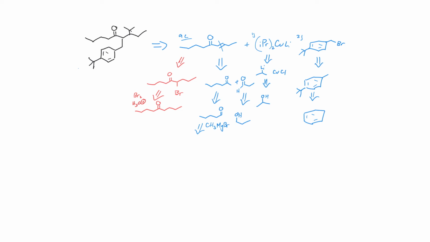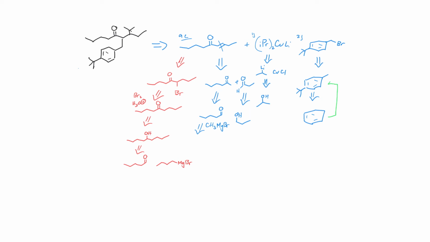Of course, this is relatively straightforward. We could make it from the Grignard, which would come from the aldehyde, which I have in blue next door, and the 4-carbon Grignard. And of course, we know how to make both of these from an alcohol too. So a couple options here. There's probably another option that I'm not remembering at this time, but maybe you can think about it. I bet there's an option that uses more alpha carbon chemistry that will allow us to get to this desired intermediate too. So let's go ahead now and fill in the forward steps